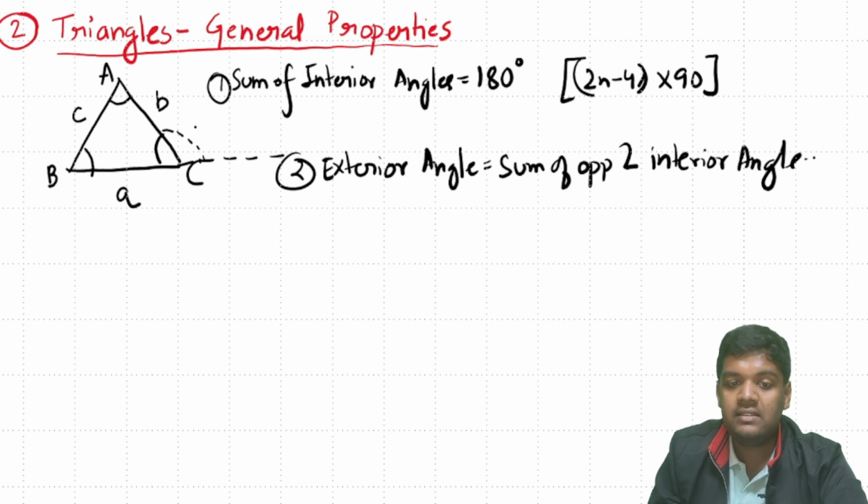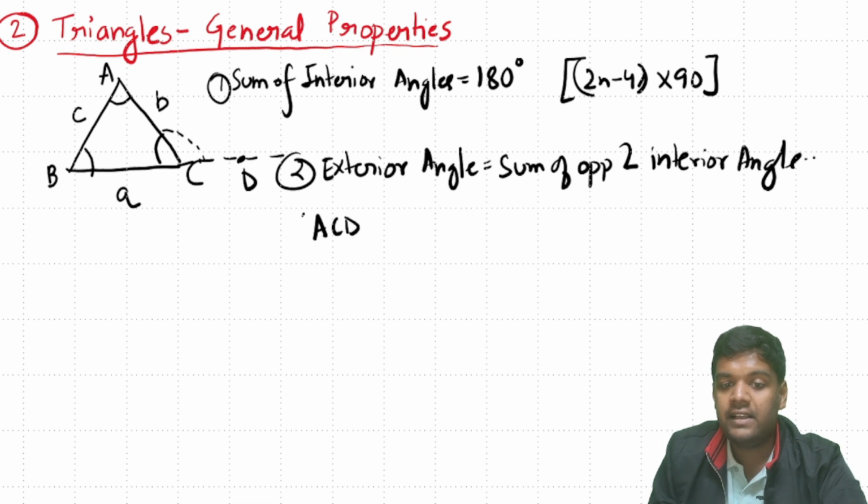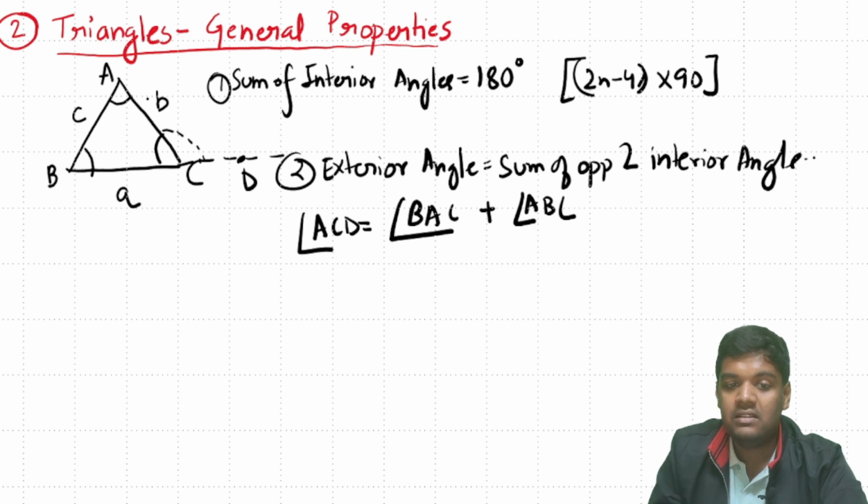So, in this case, this angle, let's denote it as ACD. Angle ACD will be equal to angle BAC plus angle ABC, which means this angle ACD will be equal to angle BAC plus this angle ABC, right? Now, the third property,